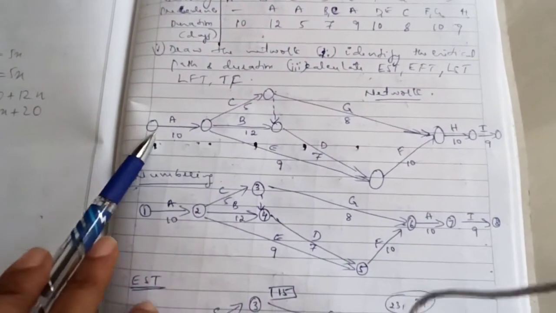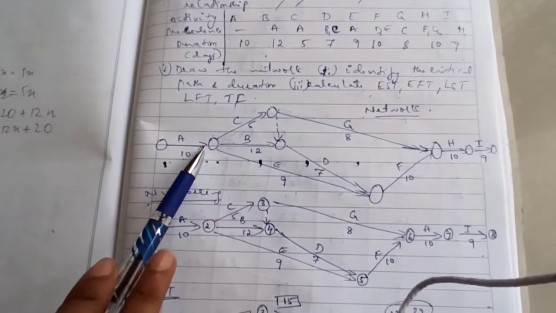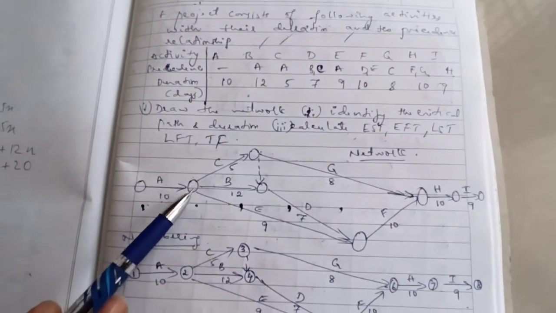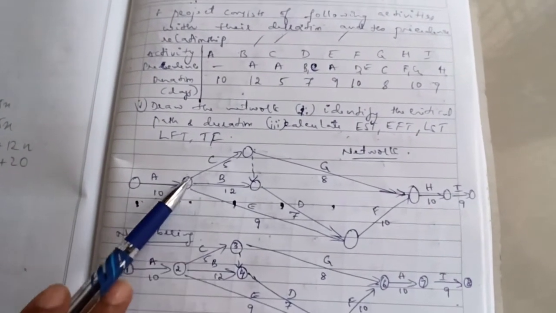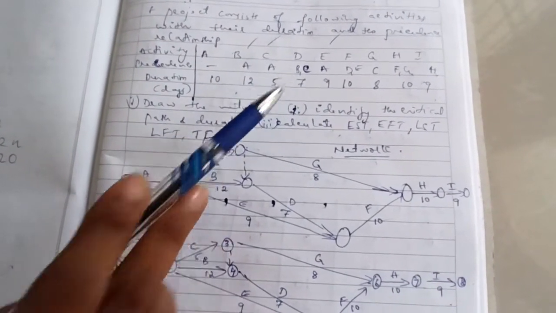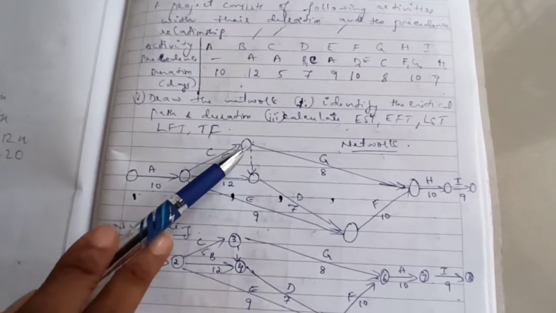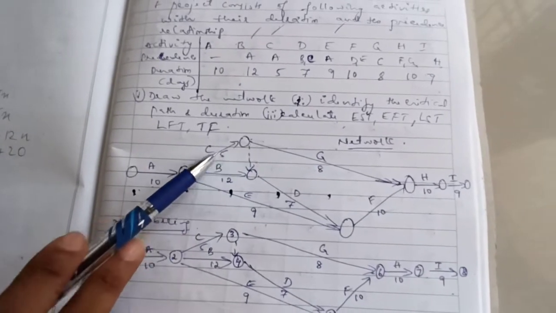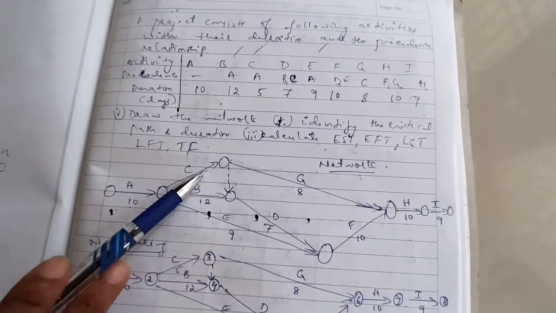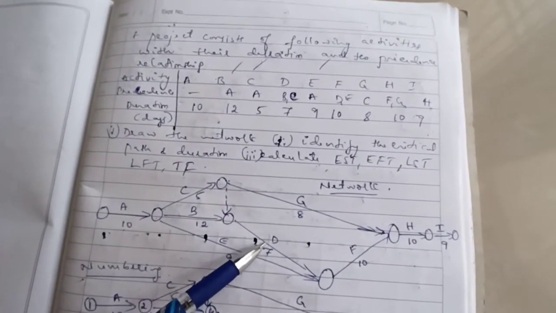When you are drawing the network diagram, A is the initial activity. So draw the initial activity. Then B and C will start only after completion of A, since A is a precedence activity for B and C. So B and C are drawn like this. But D will start only after completion of B and C. Since I can't draw D directly, because B and C start only after completion of A, here we need to draw a dummy activity which connects C and B. And D will start after completion of B and C. So this specifies that after completion of B and C, only the activity D will start.